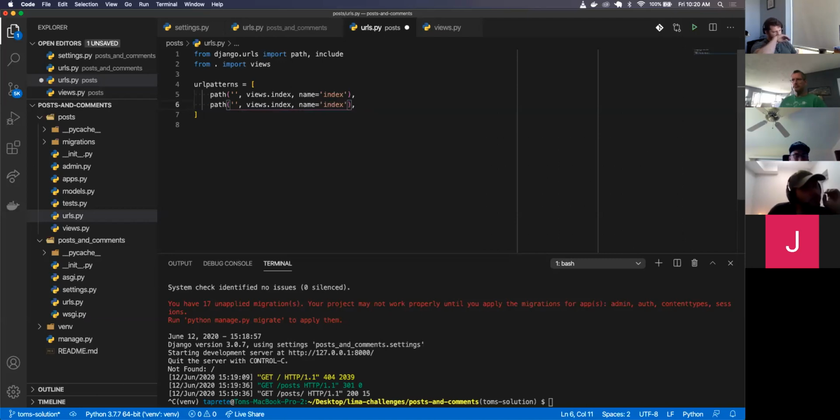How do we add a variable type, like a dynamic route right here? If we want this to be an integer, we put in the less than sign, and then in quotes, I'm sorry, in quotes, int, and then colon, and then whatever variable name we're going to pass to it. In this case, post